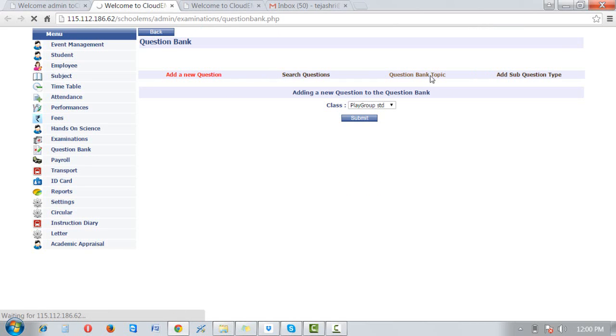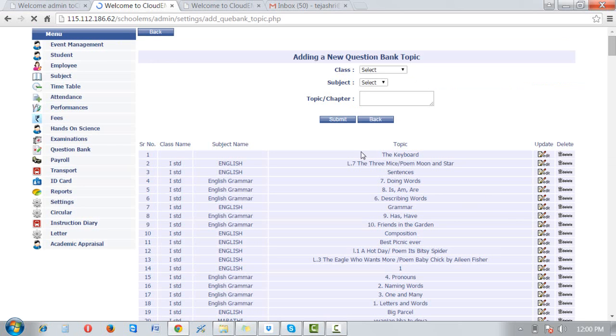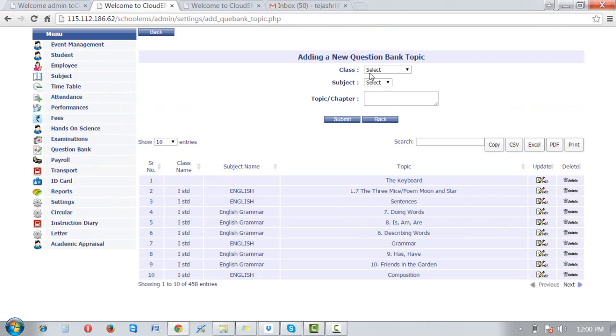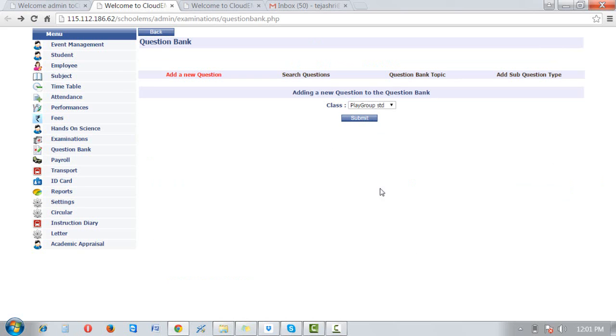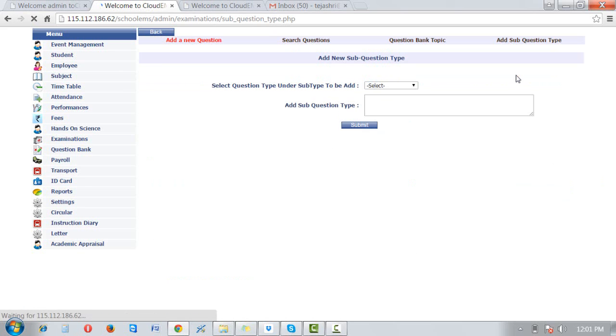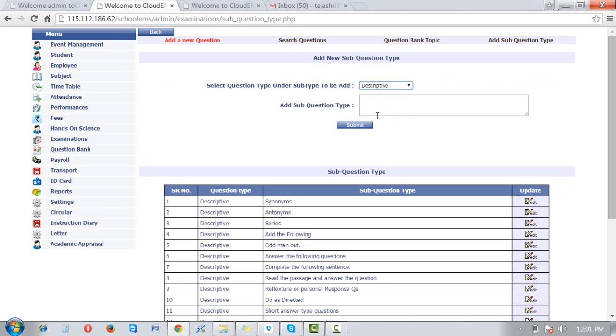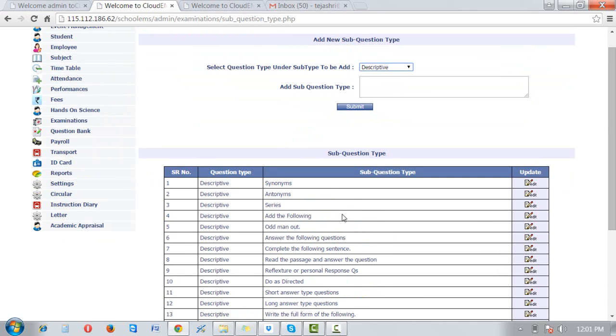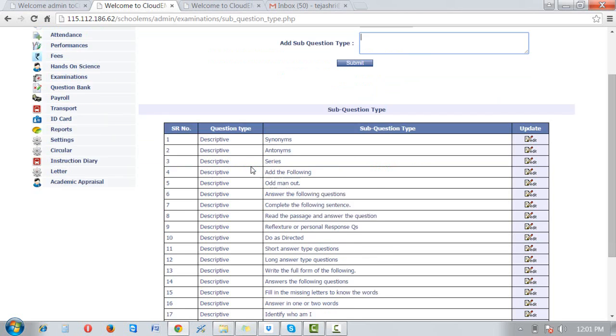In question bank topic, we can prepare the topics list. With respect to class, select the class, select the subject, enter the topic, and the chapter name will be reflected here. There are some options depending on their ID, biometric, and just ID. Click on submit. If we want to conduct the manual attendance, then just select the department, the question bank, and just select the date. Means if monthly attendance we have to put, we have to generate descriptive. These are the daily ones, then we have to select antonym, synonym, series, dates. Suppose now I select all from date 1 to 10, we can add the descriptive and just click on submit.